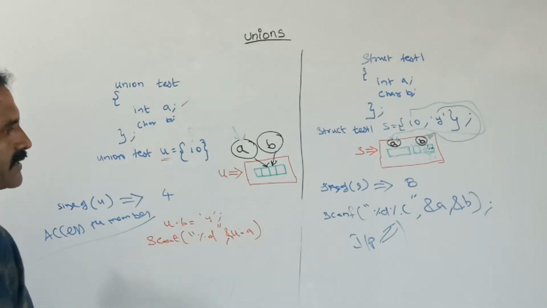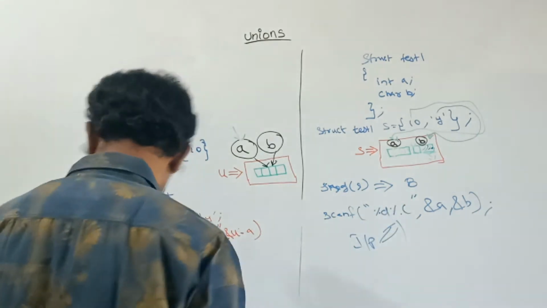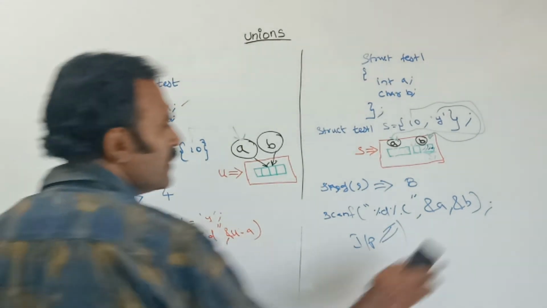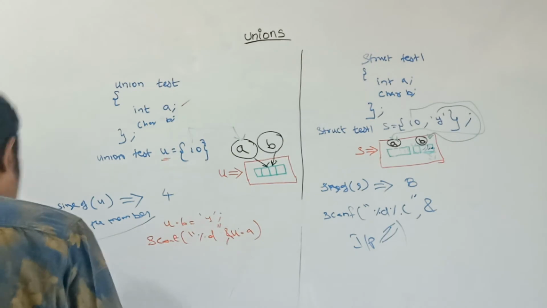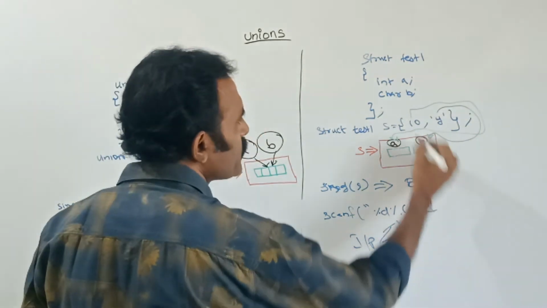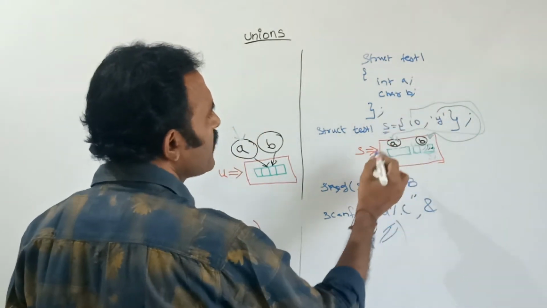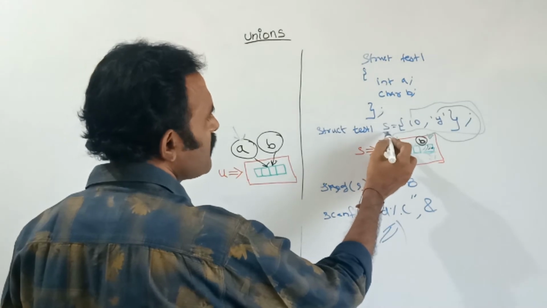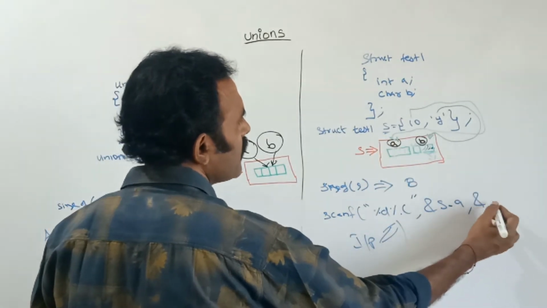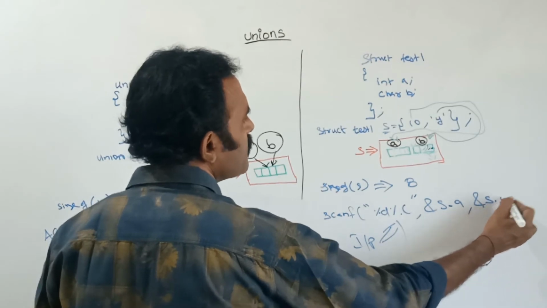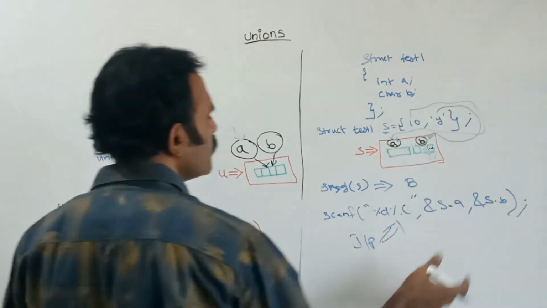Here we can give it like this. For the structure member also, before the member we should use this. For the structure variable, we use s dot a, comma, ampersand of s dot b. Whether it is a union or a structure,